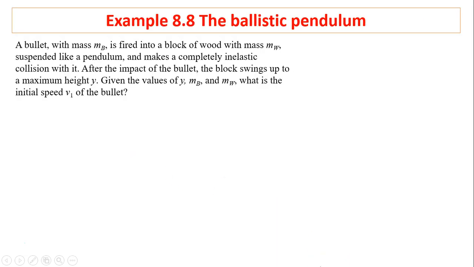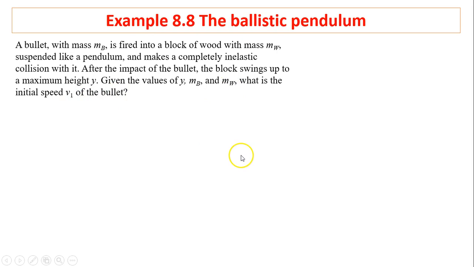Let's take a look at another example. This is a ballistic pendulum. Here's a bullet, mass MB, fired into a block of wood with mass MW suspended like a pendulum, and it makes a completely inelastic collision. That means the bullet is going to be embedded into the block of wood. After the impact of the bullet, the block swings up to a maximum height, y. Given the value of y, mass of the bullet and mass of the wood, what is the initial speed v1